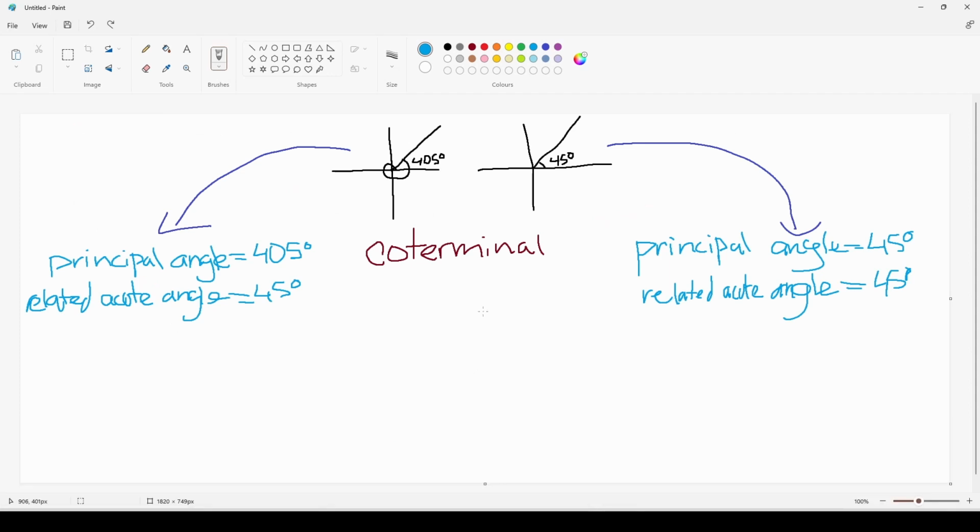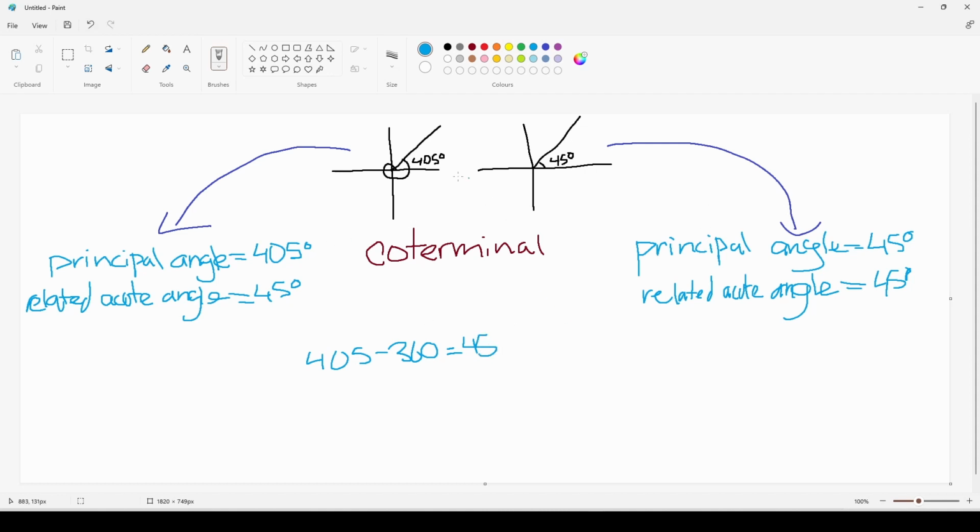Next, I want to take a look at different names for angles. Here we have angles that are much of the same. They are coterminal, which means that if you subtract 360 from one of them, in this case it's the 405, minus 360, you will get the same number, 45. It's a bit of a rough 5, but